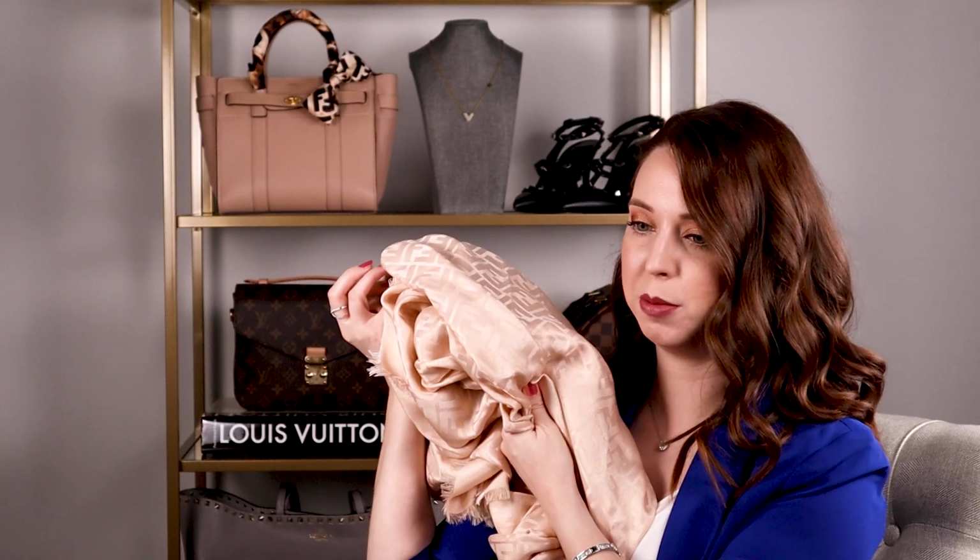So anyways, these were my two little new bits from Fendi, my very first purchase from Fendi from the boutique. It was really exciting and a really good experience. Even though we were wearing masks and doing the distancing, it was really cool because the way they were doing it in Dallas at that time was that only one person could be in the boutique at a time. So I booked weeks before I went, and then I got to be by myself in the boutique during that time. I got my own fitting room and everything was brought in, and we went through everything,